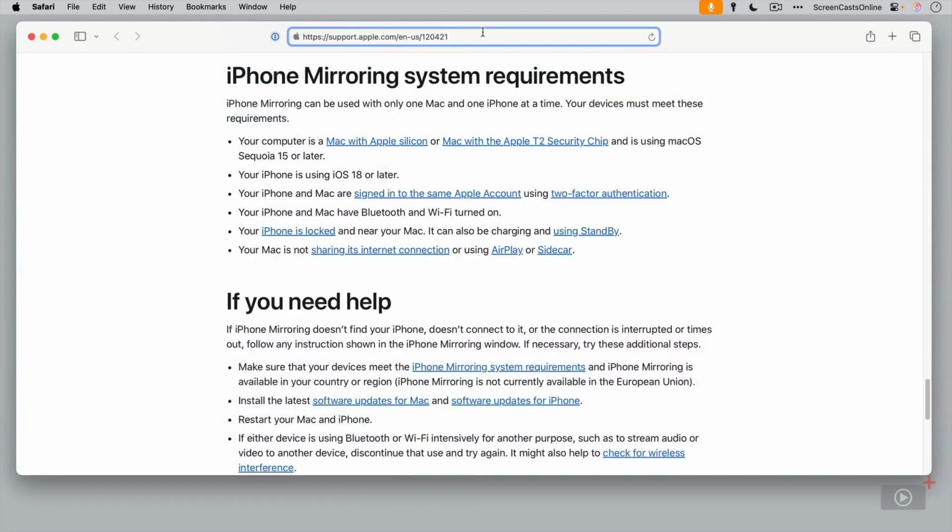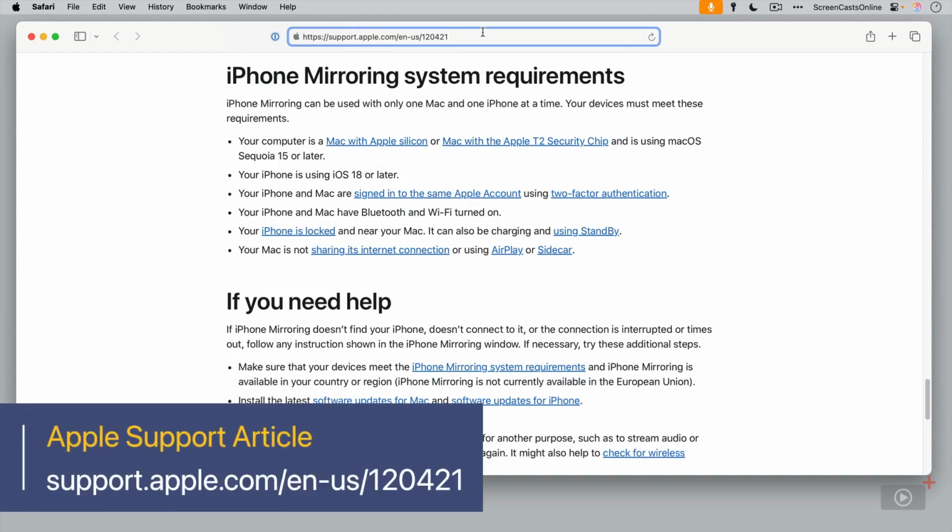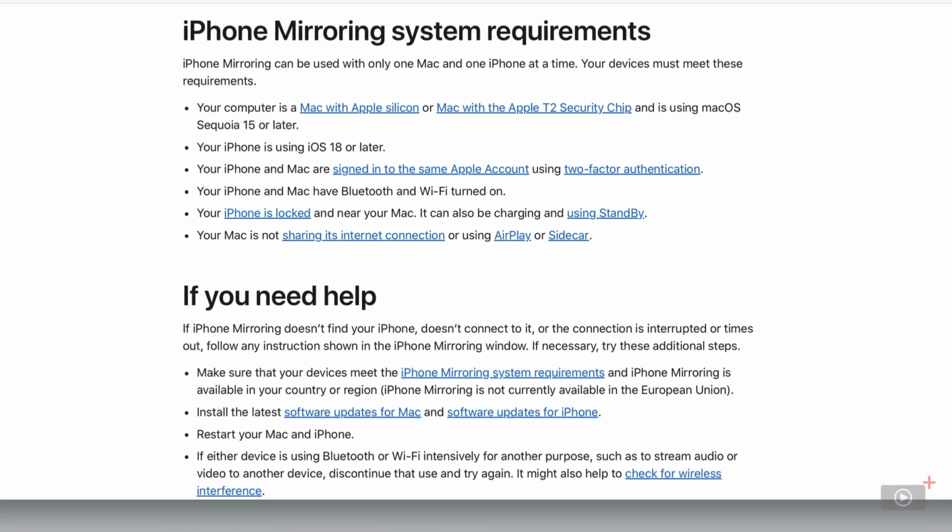The requirements for iPhone mirroring are quite extensive and are documented on this Apple support page. So basically your computer must be a Mac with Apple Silicon or an Intel device with an Apple T2 security chip. You need to use macOS Sequoia 15 or later and iPhone iOS 18 or later. Use the same Apple account and use two-factor authentication with both your iPhone and Mac having Bluetooth and Wi-Fi turned on. Your phone needs to be locked and near your Mac,